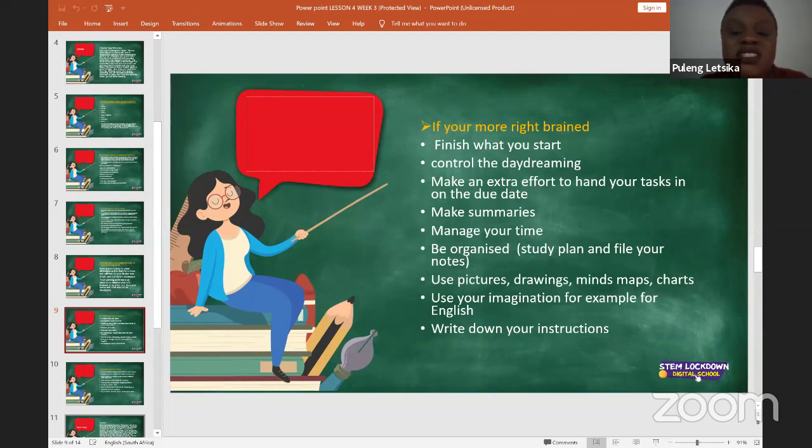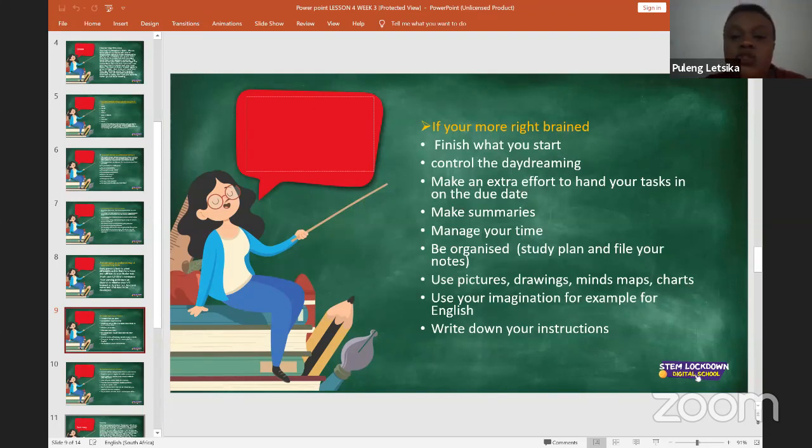So I would suggest, if you're more right brained, that you start a long time before you're expected to answer an exam paper or to complete an assignment. Don't give yourself little time. Give yourself enough time so that you can go through the work thoroughly or go through your assignment properly and then be able to answer everything.